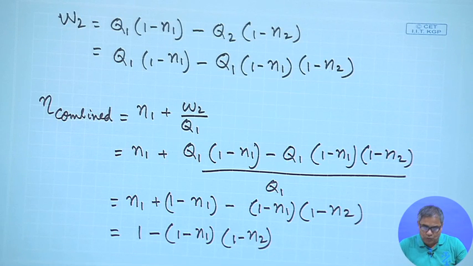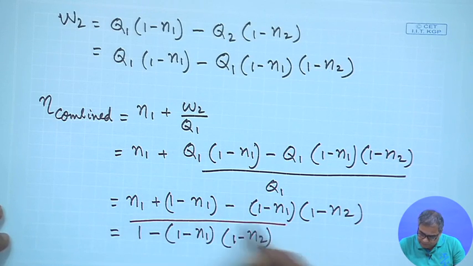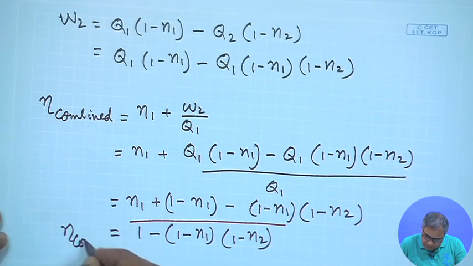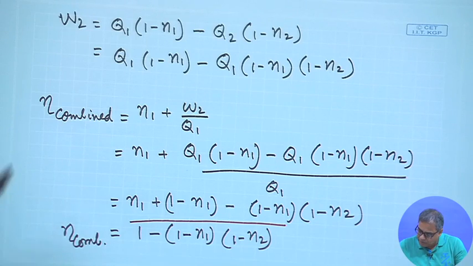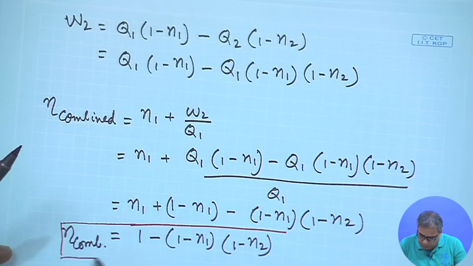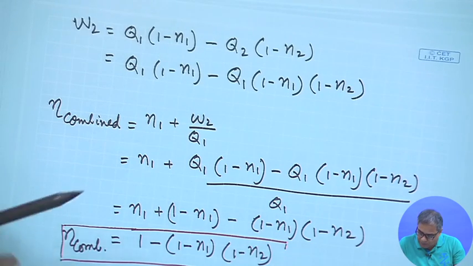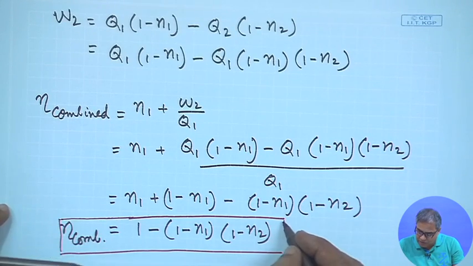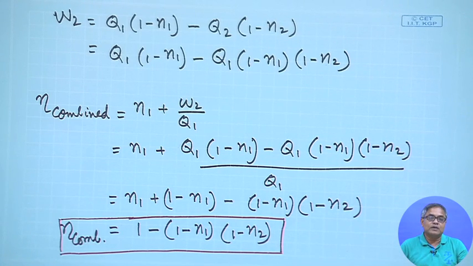So, if there is no heat loss in between, then the combined cycle efficiency will be given by this expression. This is an important expression. I can write eta combined over here. It gives the higher limit of the efficiency of the combined cycle when the efficiencies of the individual cycles are known. In actual practice, we will not be able to achieve this high efficiency, because